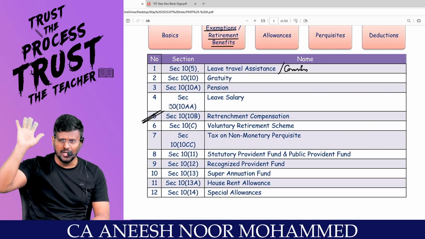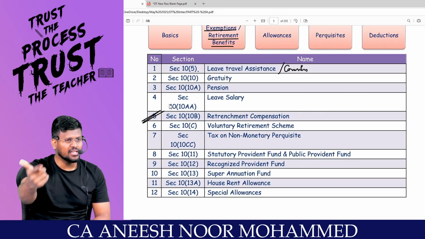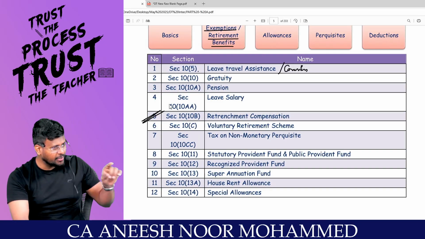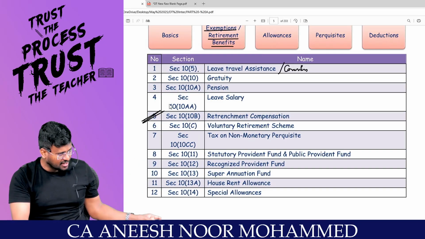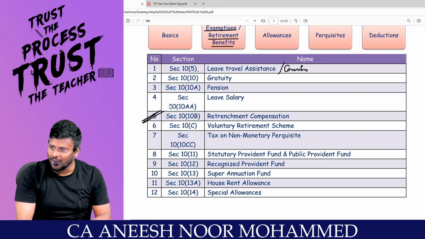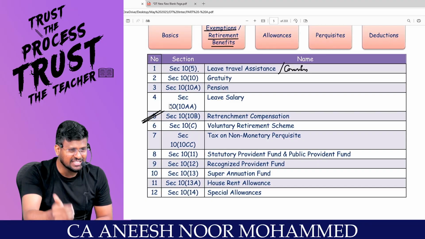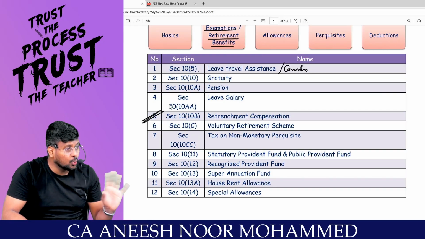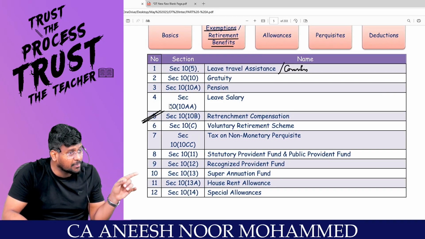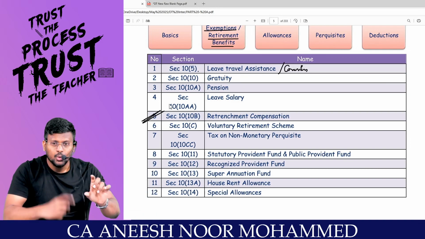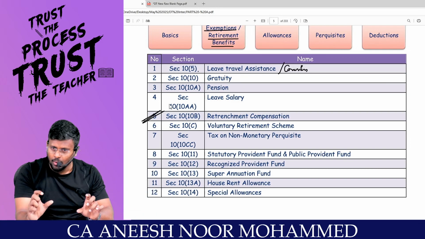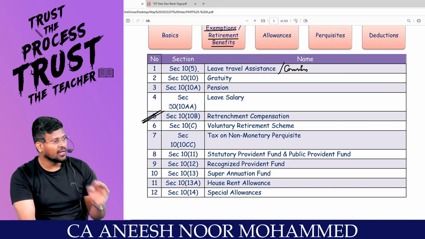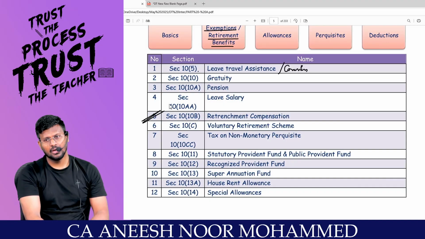It's an expense to the employer and it's an income to the employee. You tell me, if the entire 5 lakh rupees is included under the head income from salary, and he pays tax on the entire 5 lakh rupees, what will be his position? He is already in a big crisis. So the Income Tax Act is saying, don't include the entire 10 lakh or 5 lakh rupees as income under the head salary. From that, you can reduce a particular amount, which is called an exemption. That amount is specified in section 10(10B). That is retrenchment compensation.